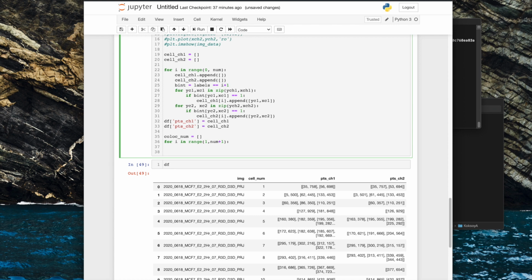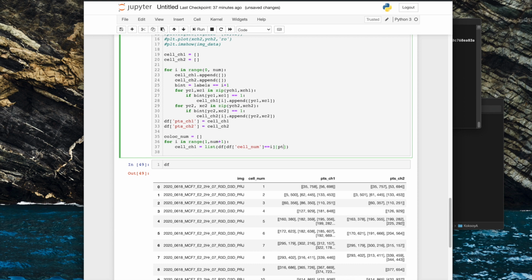So we're actually going to index specifically, and then we want to go through our data frame, where the cell number equals a certain value. So this just makes sure we're really getting the right cell number, and we're going to say equals I,